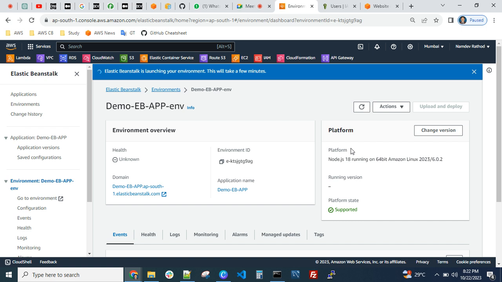So if you just go to this EC2 instance tab, service in new tab,